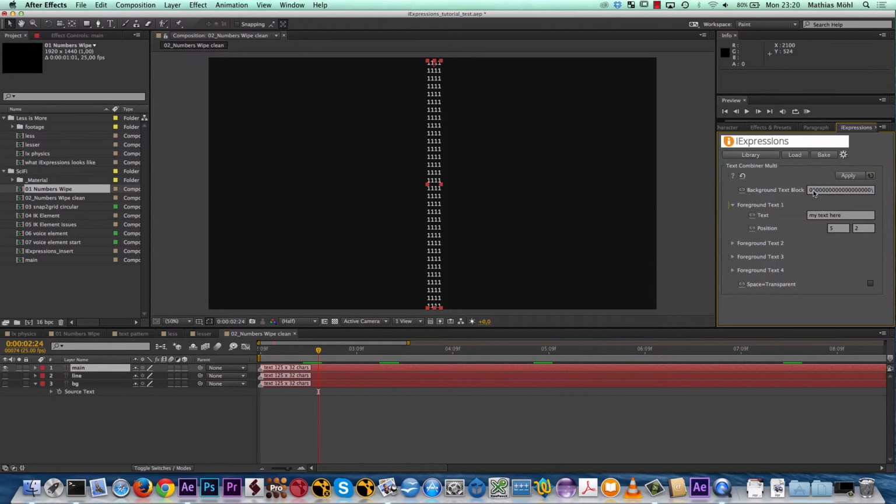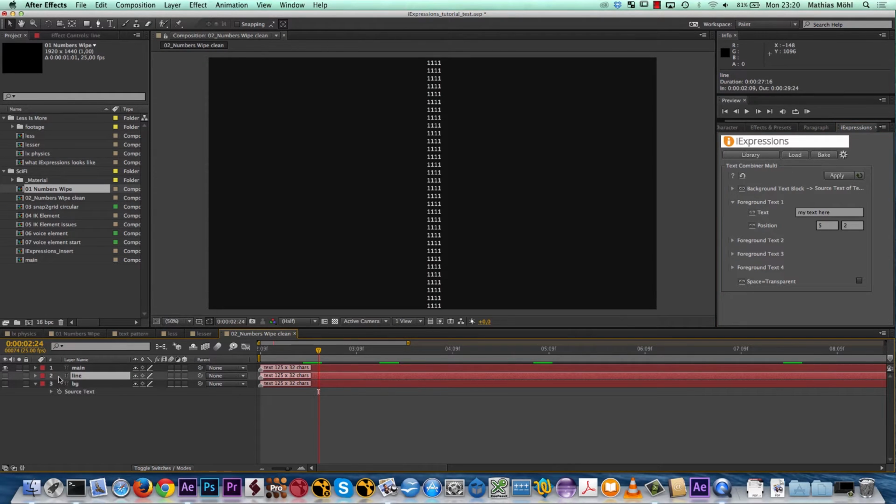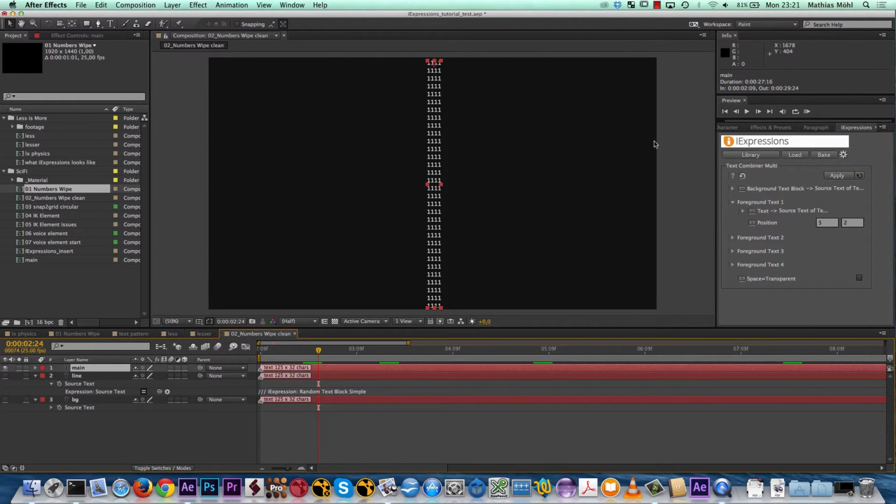I don't want to enter my background text here manually. Please take my background text from the source text of this background layer. So I select it and click this link button, and now the input disappeared, and it says this is linked to the text of my background layer. Now I have my foreground text, and again I want to have this line as my foreground text. So I select from this line the source text, click here, and now it's linked. Now I apply this to this main layer,